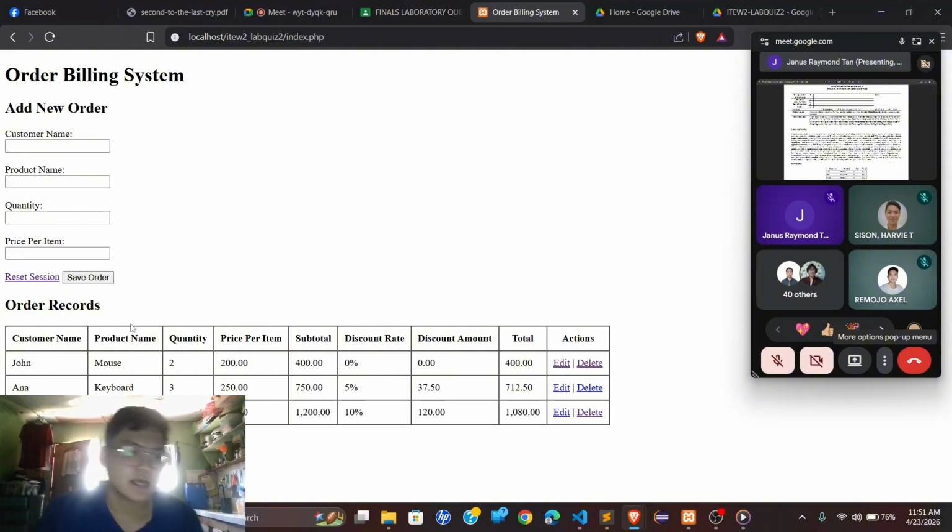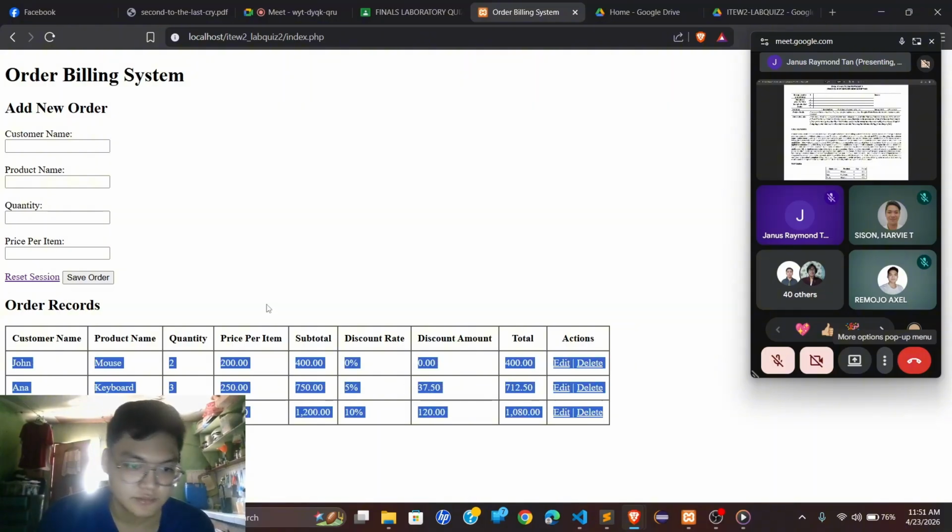Then save order. So now, the table now shows 3 records for John, Anna, and Mark. Now I'm gonna be explaining the price breakdown that is happening in each table.